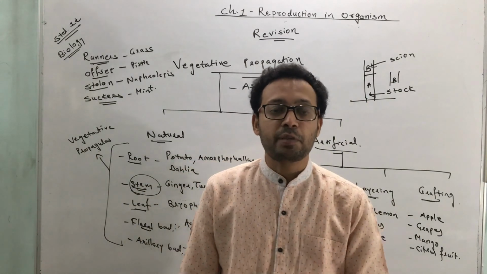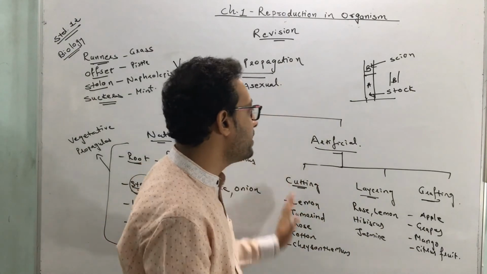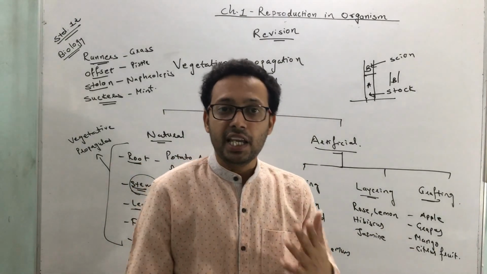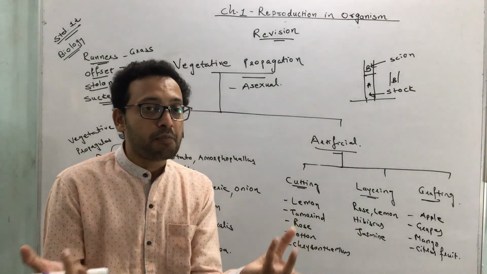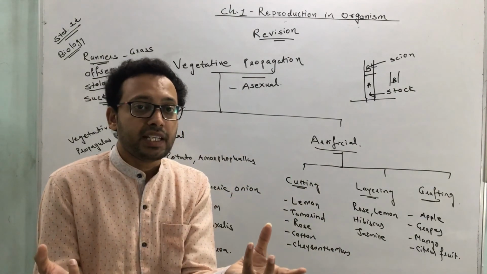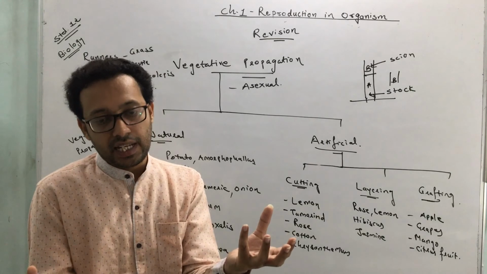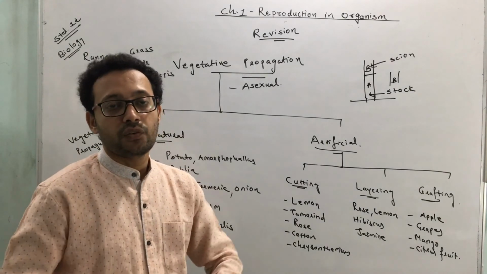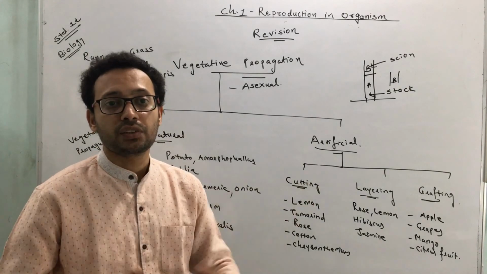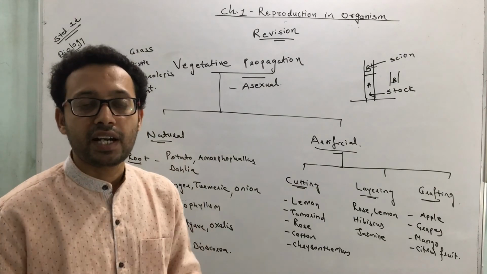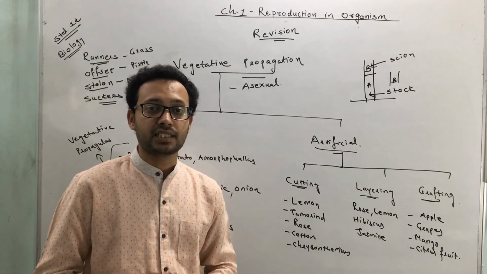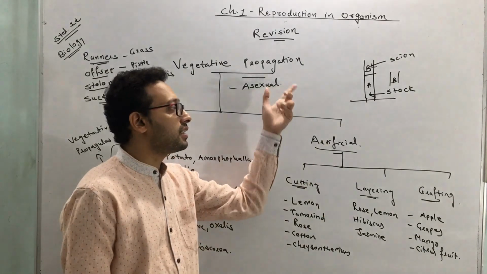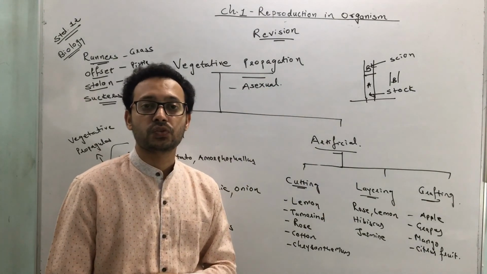So what is the purpose of this vegetative propagation? Why do we use an artificial method? As you know, here we can get a desired characteristic. With the help of grafting lemon on an orange, we are able to get a bigger size of lemon, or a different variety of lemon is produced. So when we want to get a desired characteristic, at that time vegetative propagation is useful.